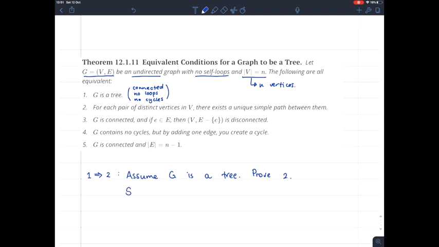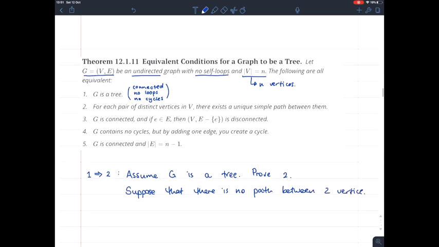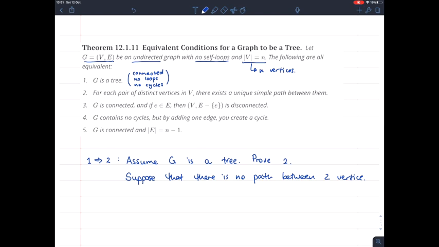So suppose that we don't have a unique simple path. So let's first check. Suppose that there is no path between 2 vertices. But then that contradicts the part about our G being connected because G is a tree. So this contradicts